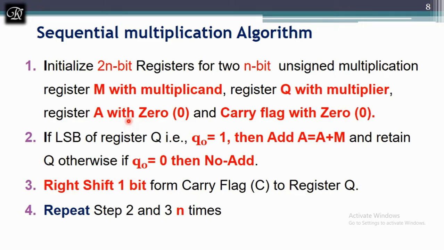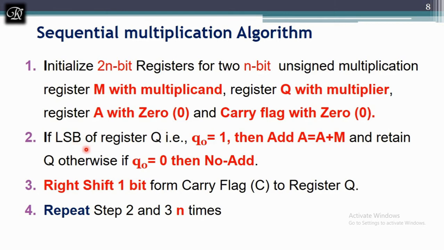This is a conditional code which we have discussed in module number 1. We have discussed the carry flag, the zero flag, overflow flag and sign flag. We are making use of the carry flag right now. The algorithm goes like this. This is the initialization: take up M, Q and A. M will be assigned the multiplicand, Q will be assigned the multiplier, A will be assigned 0, and the carry flag will be initially set to 0.